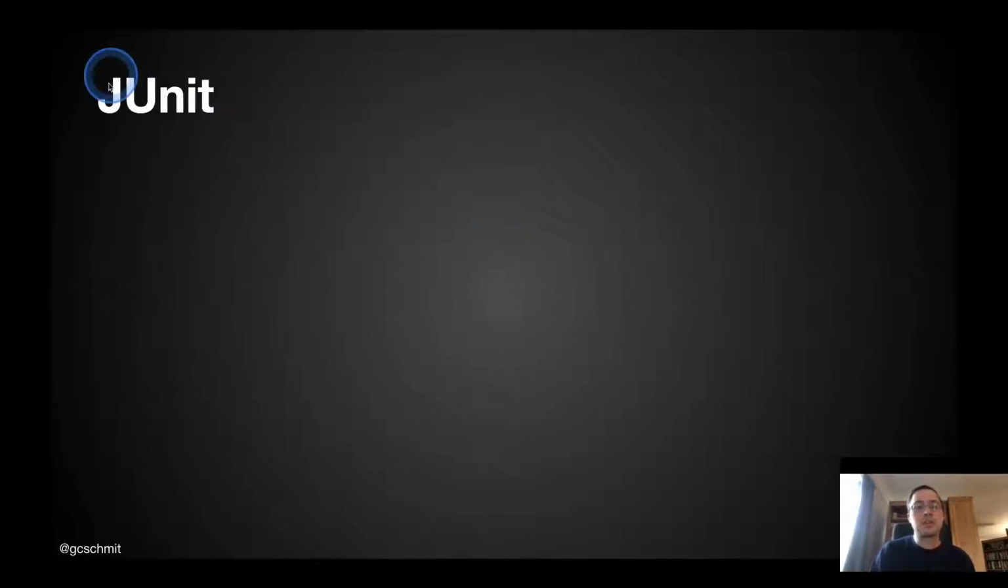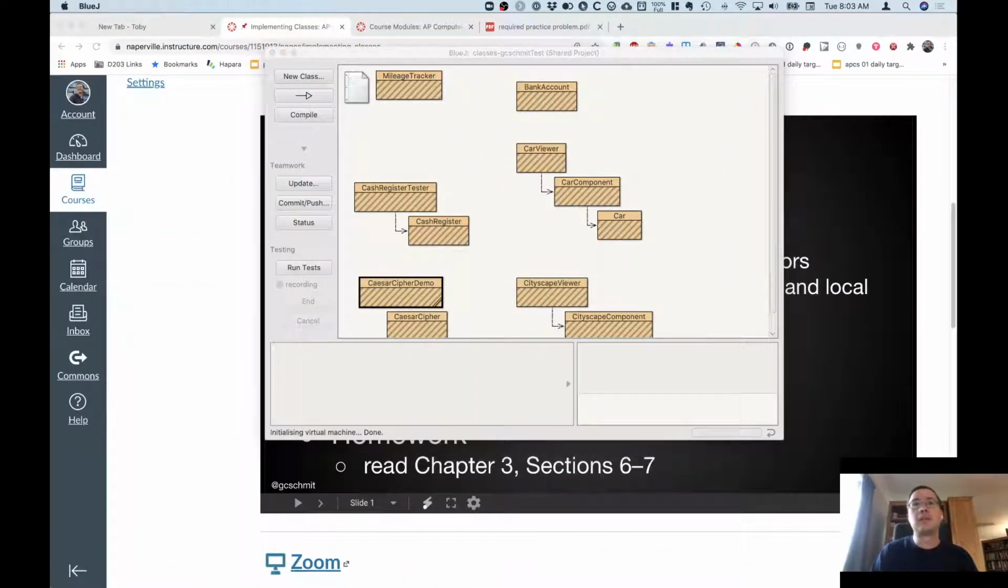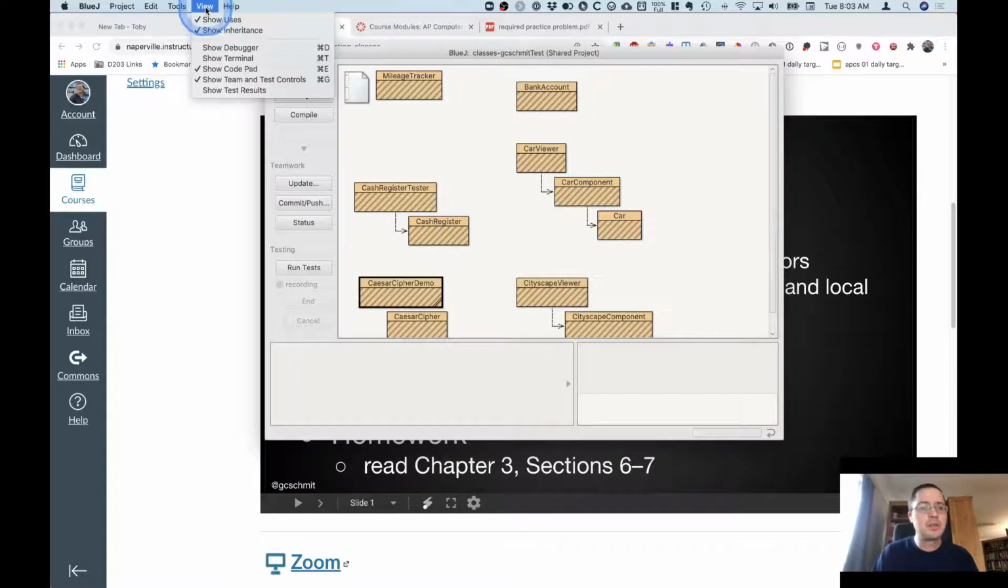The tool we're going to use for our unit testing and the tool that's used in Java is called JUnit, and it makes it easy to write unit tests. So switching back to BlueJ here, we're going to do some useful new features in BlueJ. So first step is we need to turn on some preferences, which,